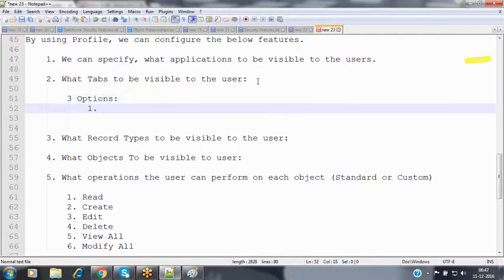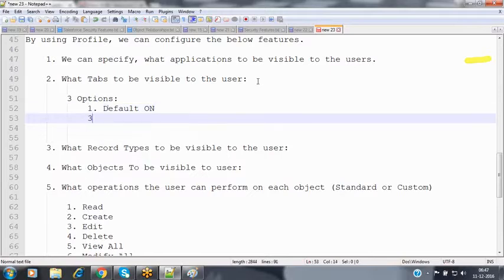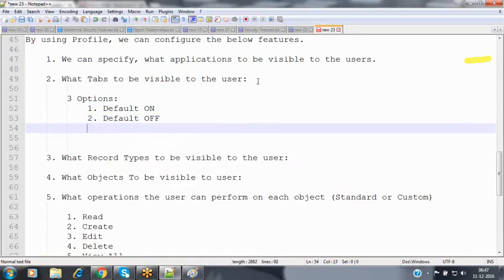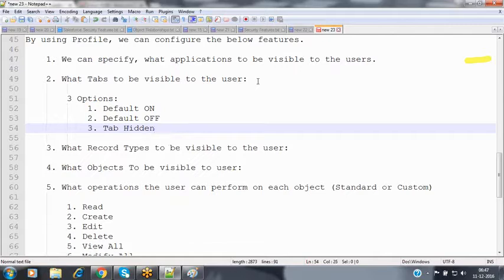First one is default on, the second one is default off, and the third one is tab hidden. These are the three options available for every tab inside your Salesforce. For every object, we have a tab.